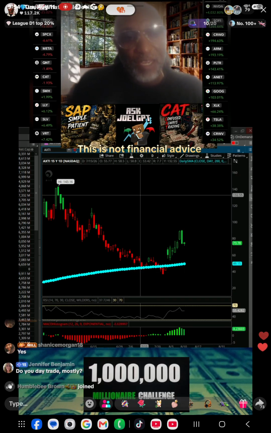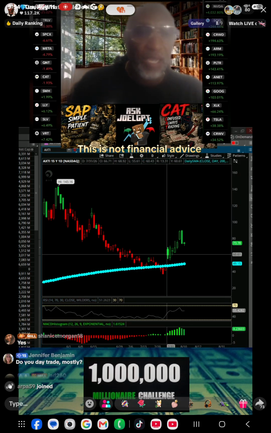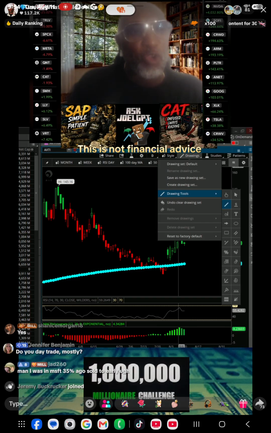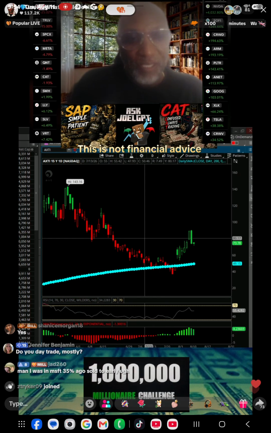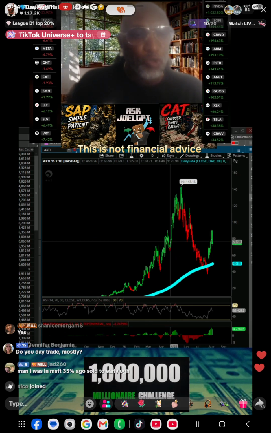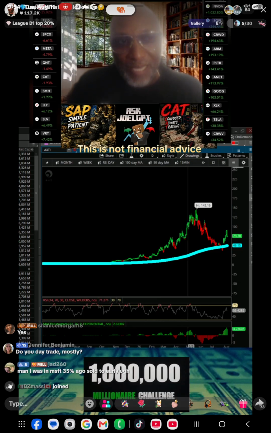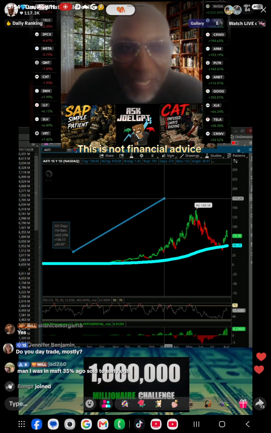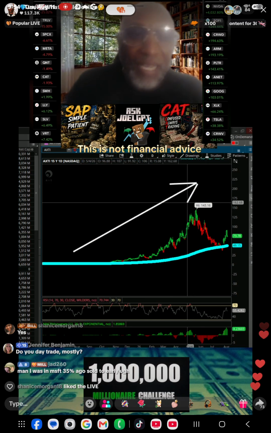So if you want to see how it looks, that's a great move to the upside. The 200-day is angled up. I know you guys think that the trend was down. It wasn't. It was a short trend. When you look at the overall trend, look at this chart. The 200-day is angled up. The overall trend has always been to the upside. I only want to take trades to the upside.